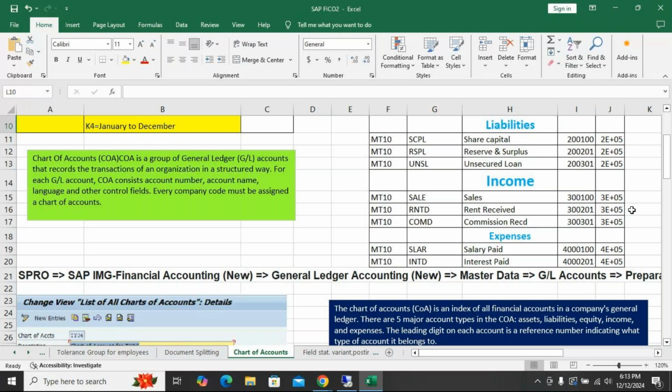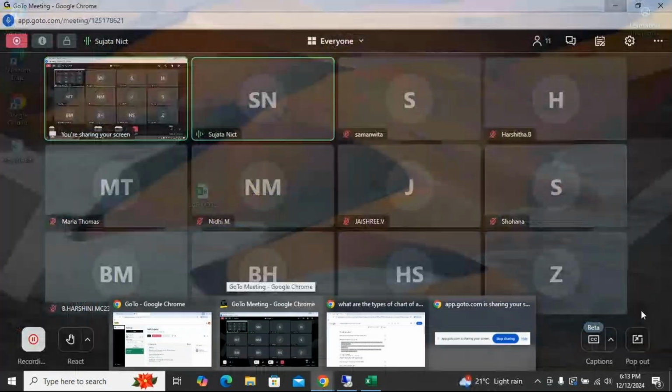So there are three types of chart of accounts: company specific chart of accounts, group chart of accounts, and operative chart of accounts. Operative chart of accounts is based on daily basis transactions. So what are the daily basis transactions?